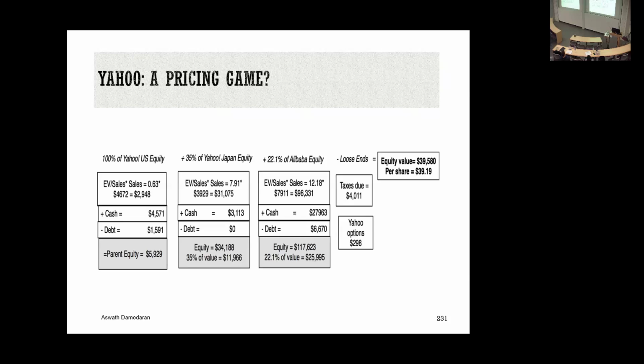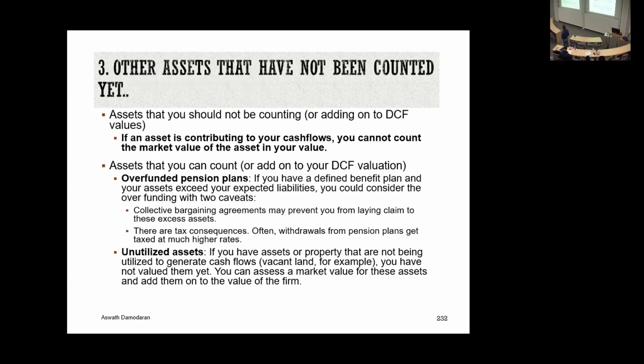We'll talk a little later about how I adjusted the multiples. But basically, I have for Yahoo Japan and Alibaba much higher multiples of revenues, a higher growth, more profitable businesses. I priced those companies. I added up the pricing. Luckily, I got a number very close, but it doesn't have to be. It's a pricing game, and I'm going back to it because I don't have the information to do an intrinsic valuation. So any questions on cross holdings?